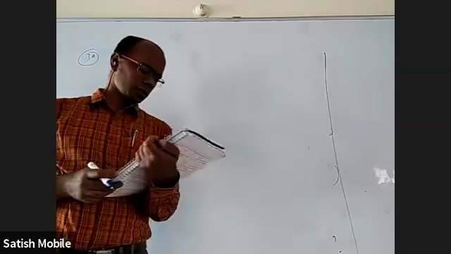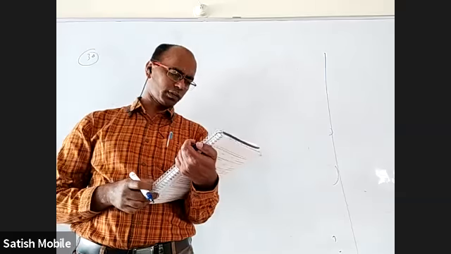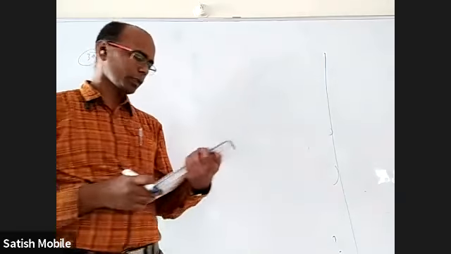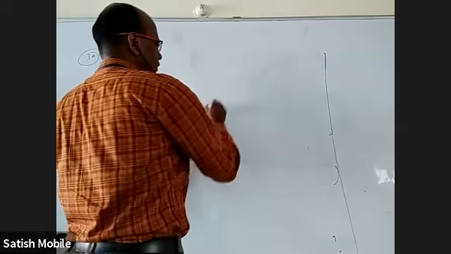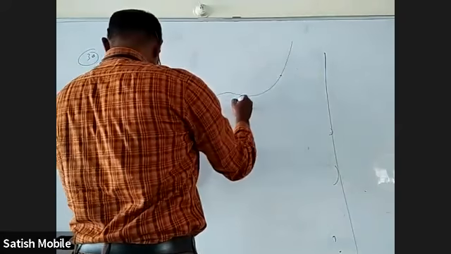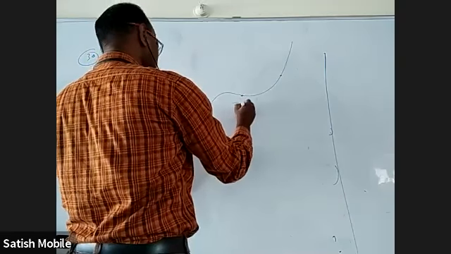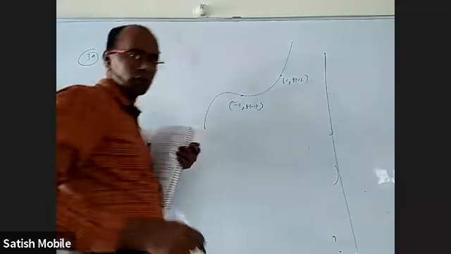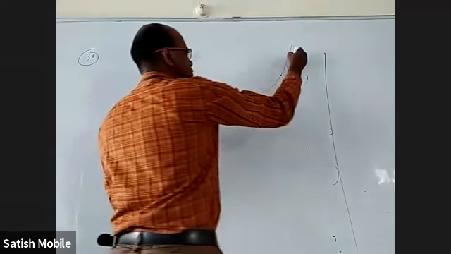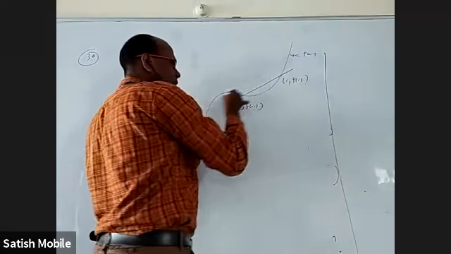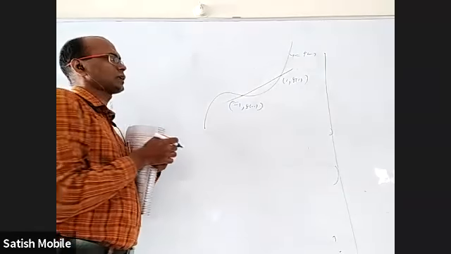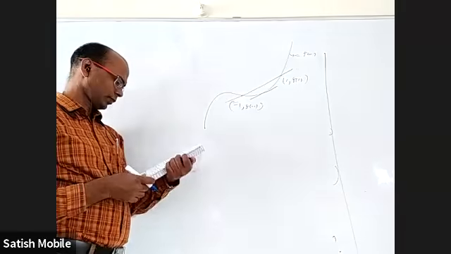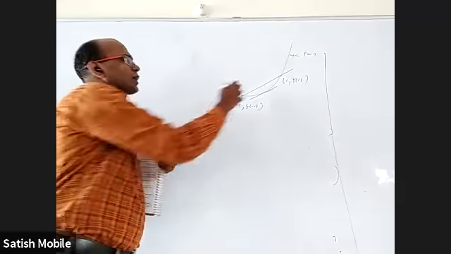Okay, what is this question? Let S be the set of all values of x for which the tangent to the curve is parallel to the line segment joining this and this. Some curve, we don't even know the exact shape, but it doesn't matter. One point on it is minus 1 comma f of minus 1, and another is 1 comma f of 1. They gave 2 points on a curve, which is y equal to f of x. You join them and you get a chord. Parallel to that chord, there is a point where the tangent is parallel to it. Then they're asking what are those points.